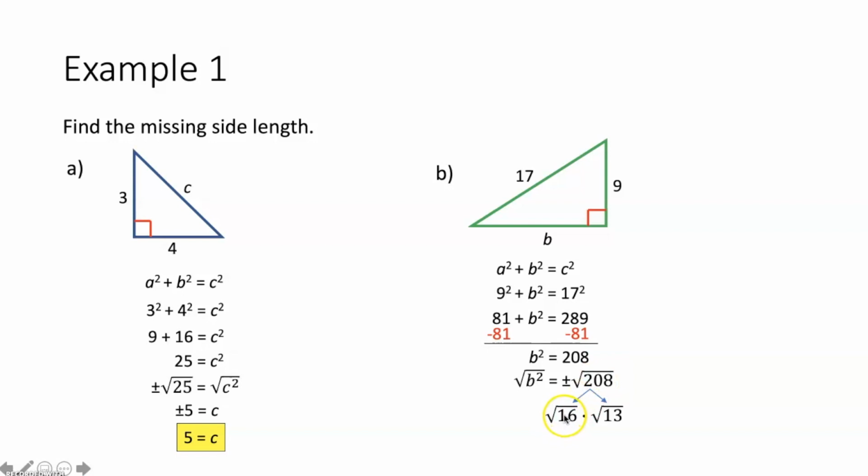So now I can simplify this. I picked 16 because that's a perfect square. Square root of 16 is going to be 4. Square root of 13, 13 is a prime number, so that just stays rad 13. So we get B is equal to plus or minus 4 rad 13. Again, we're dealing with side lengths of right triangles. So in this case, we're just going to take the positive version, which is also called your principal root, meaning B has to be